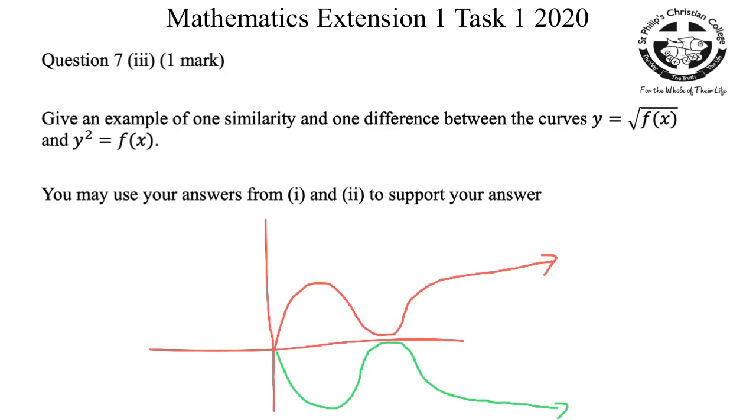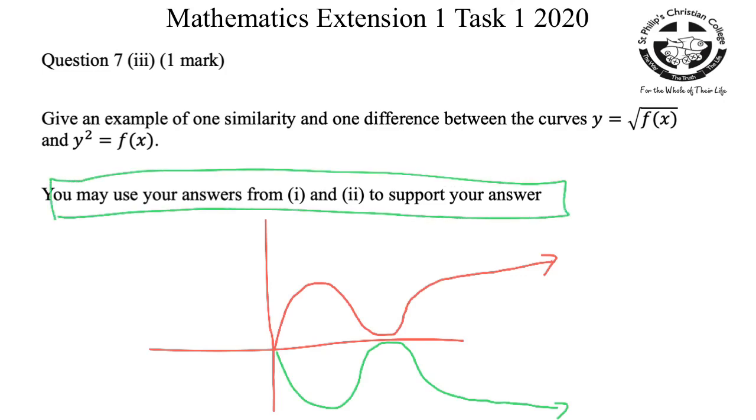But as long as you're in some way acknowledging that there was, for your difference, either a reflection in the x-axis or that y squared equals fx includes negative values for y, that was worth a mark here. The last statement was kind of a hint. You may use, means you probably should use your answers from 1 or 2 to support your answer here for a mark. Overall, I was really pleased with how everyone went on this paper, considering it was interesting times